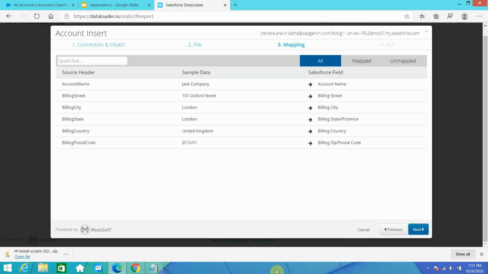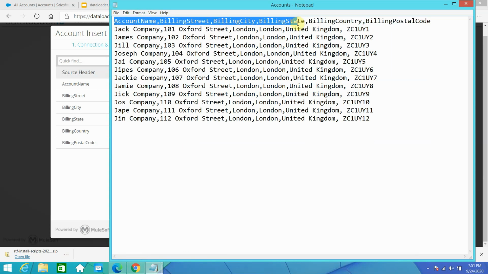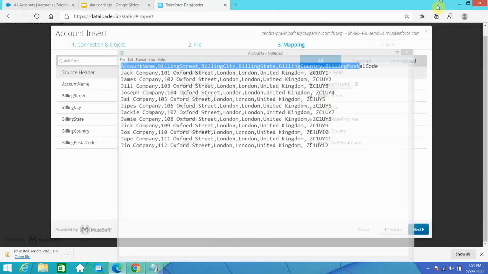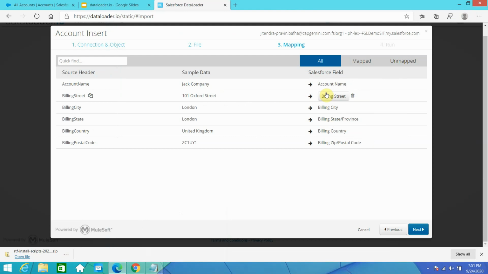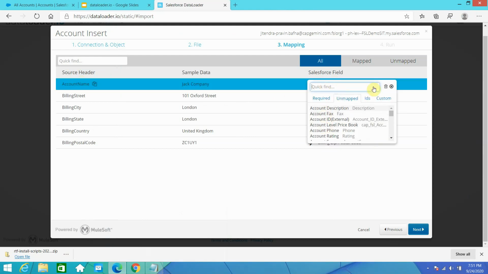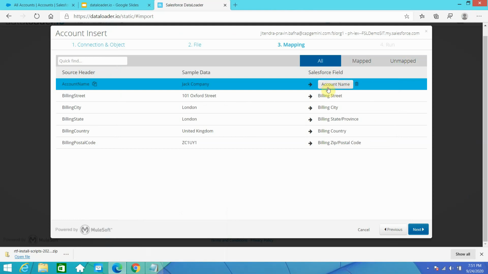I told you about intelligent mapping. In my accounts file I have headers like account billing, billing state, and so on. These are the field names on the Salesforce side, so it automatically does the mapping for you. If you feel a particular mapping is wrong, you can change it at any time.